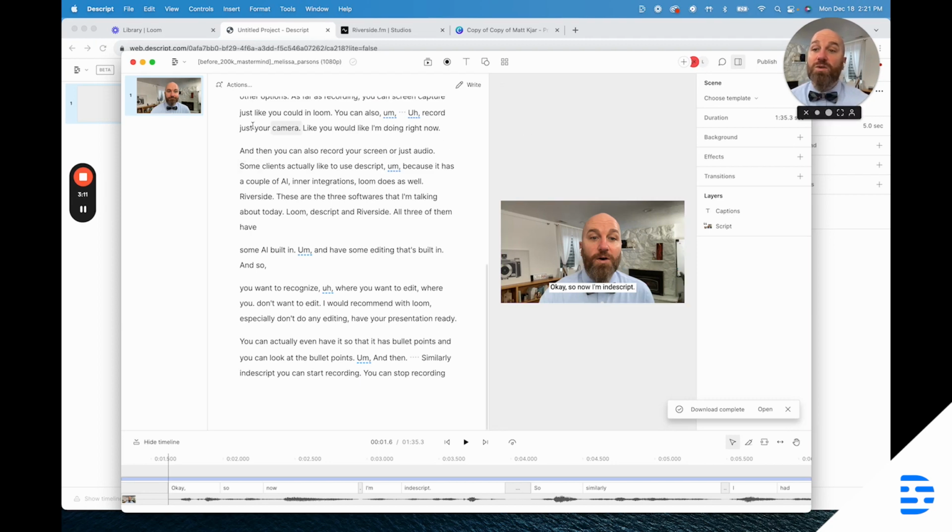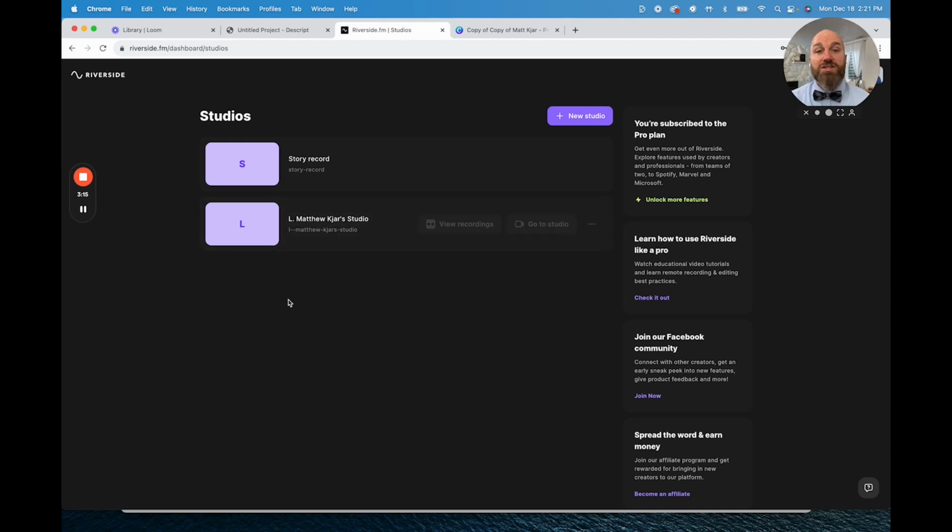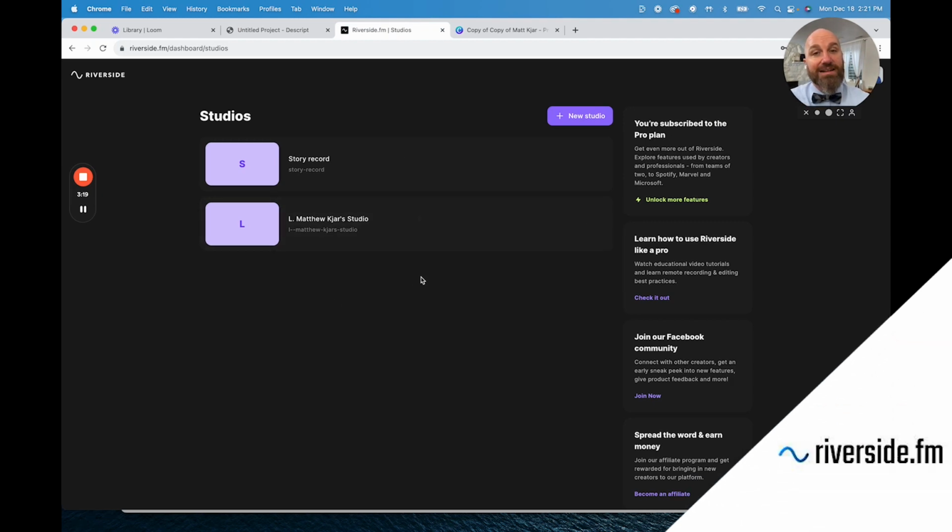So now that we finished with Descript, we're going to go to Riverside. Riverside is another file format that allows you to record very quickly. Riverside originally was designed for podcasting. One of the things that I like about Riverside, it's similar in some ways to Zoom, because you can invite people onto the call. But one of the things that I like is that it utilizes the highest quality of